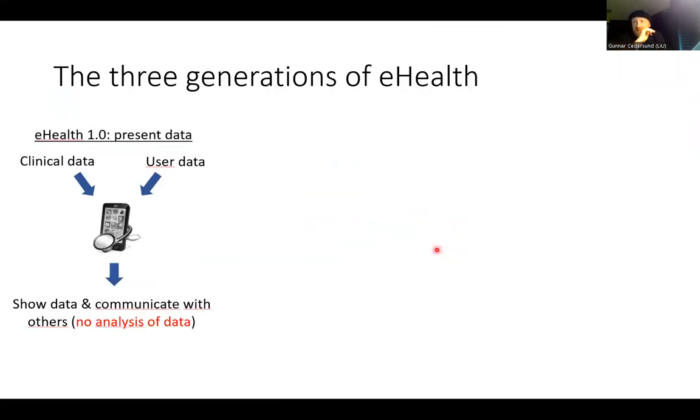And that brings us to the other end usage, which is e-health. And here I will only say very shortly that e-health exists in three generations, you could say. The first is to communicate data and have conversations with each other, to basically go to the doctor online. This is something that already exists, and that's the first generation of e-health.